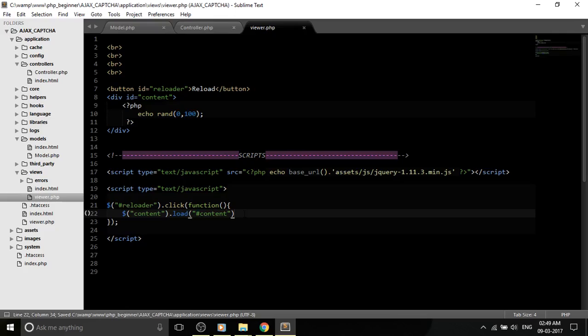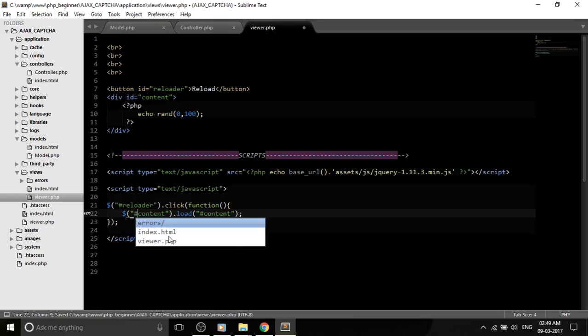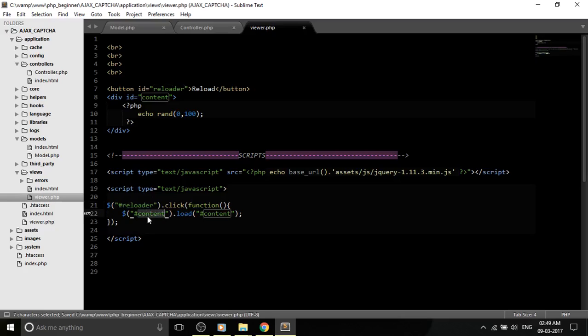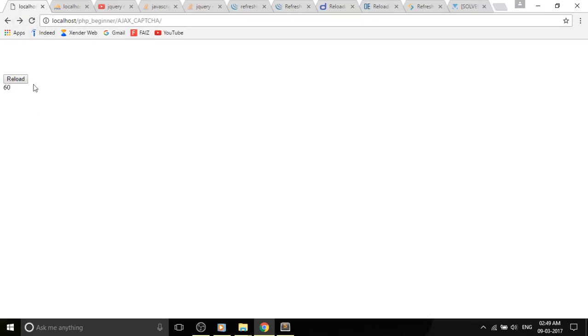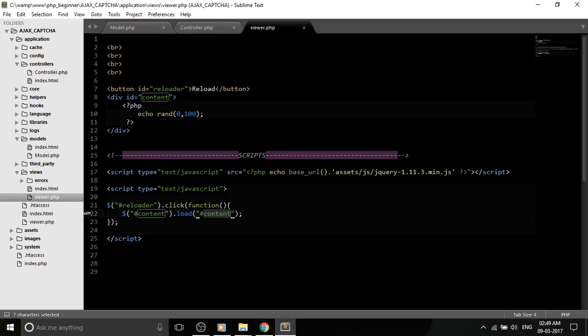Okay, now it's done. Now it's not done. I'm sorry, I have to put a hash mark here. So when I click this reload button, I want to load this div into this div itself. Now if we click on this reload button, we won't be able to reload that particular div, and this program will get messed up. Clicking this reload button will never do what we expect. It's only because I did not put a space in between this quotation mark and the hashtag,